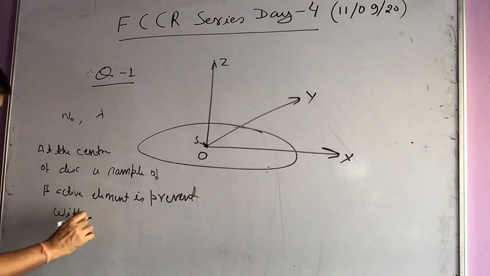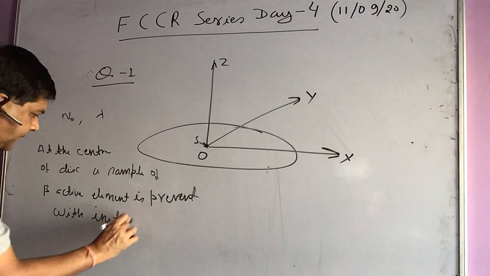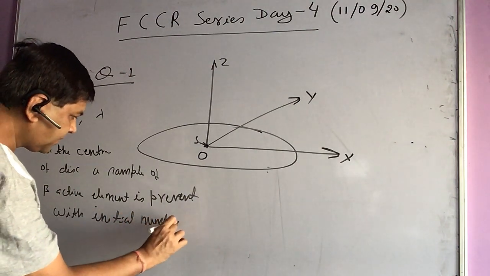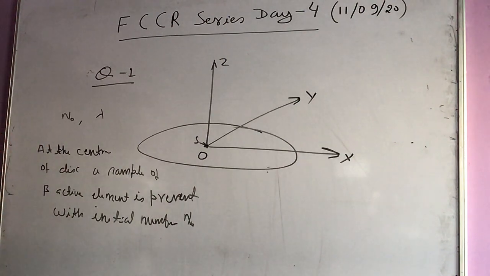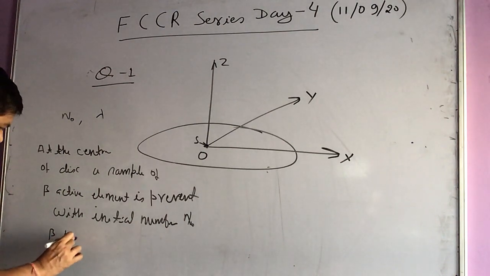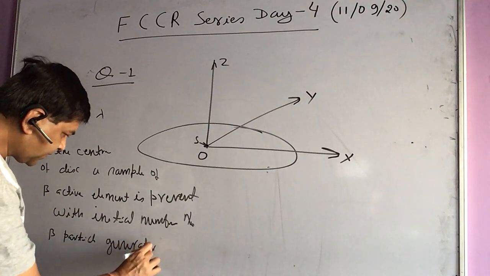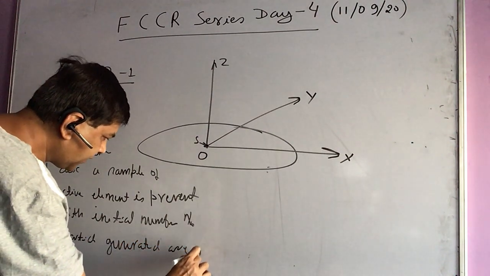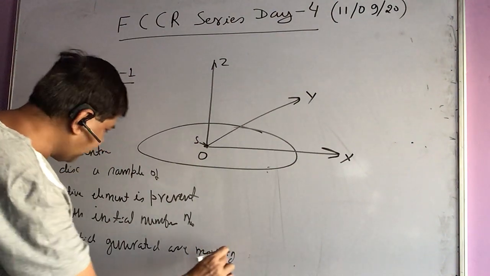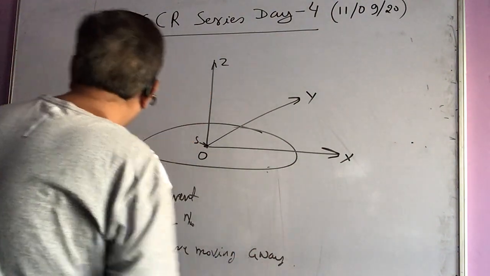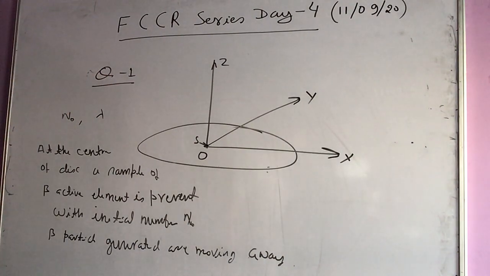A beta active element is present with initial number N naught and decay constant lambda. So N naught is given, decay constant lambda is given, and this is beta active, and it is given that all the beta particles generated are moving away